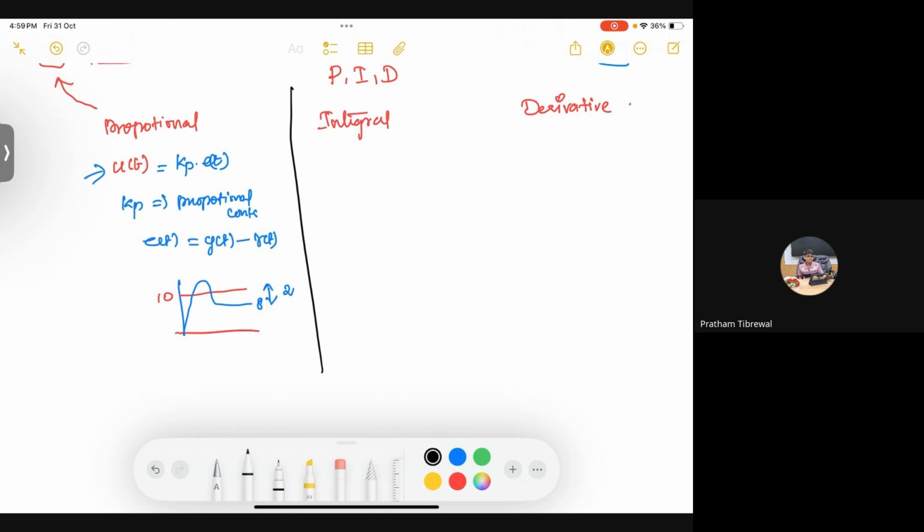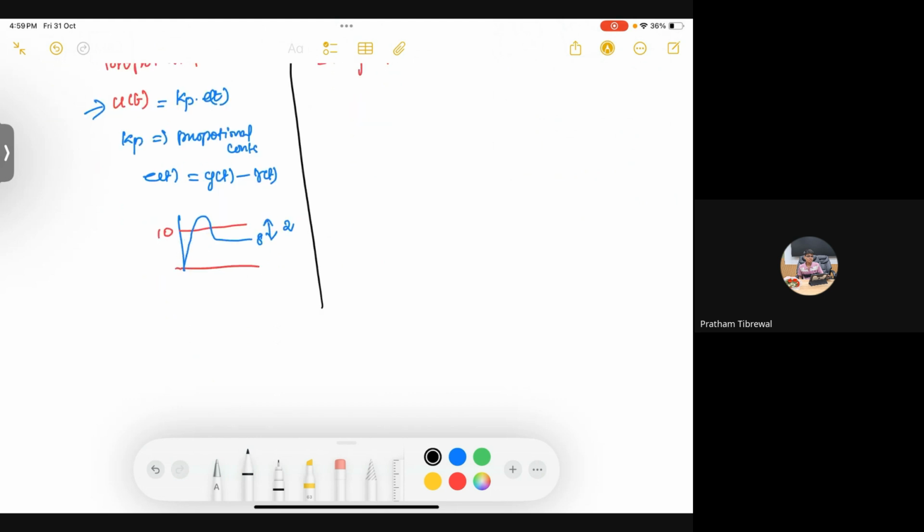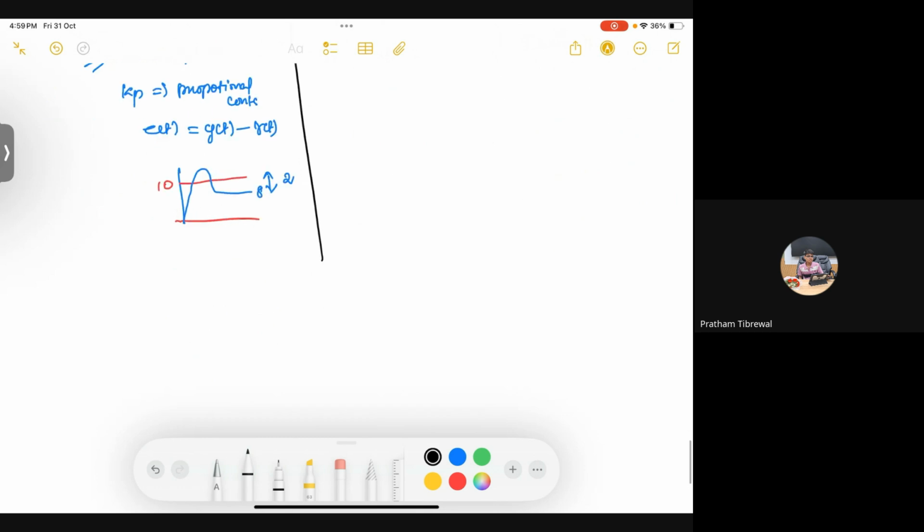I hope this is clear. So it's like a spring. For example, it's like a spring pulling the system towards the set point. That's it. We are tightening the spring or making the adjustment to the spring. So what this actually does to the system, in terms of a transient response or steady state response, is this